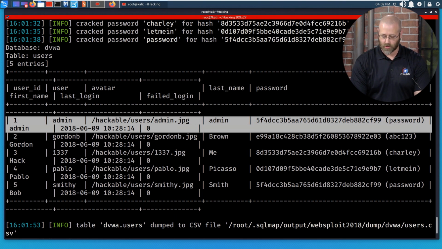We can see that the password is in parentheses right next to the password hash. So I don't even have to go back up and try to one-to-one correlate things. It puts everything right there. So now I have usernames and passwords from this application. I could then use those usernames and passwords, specifically that admin one, to log into the application as an admin